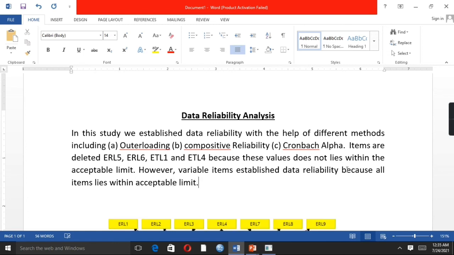So this is how we are able to interpret data reliability analysis. Now we need to put a table which shows that we have performed data reliability analysis with the help of three different methods.